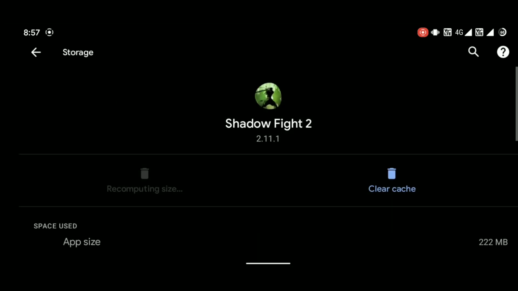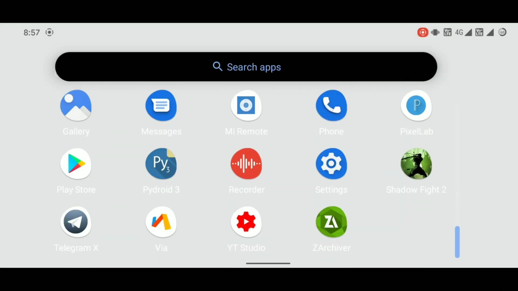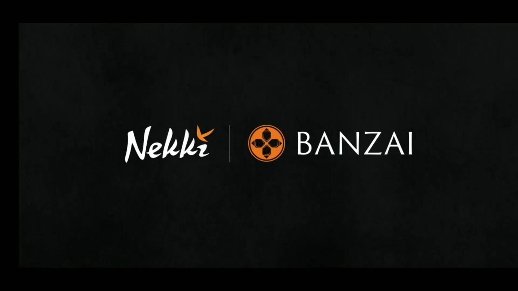And then I will click on the clear storage option. In case clear storage is not available, it means that you have not started the app yet, and you just need to do a fresh installation of Shadow Fight 2 and launch it. Thereafter you have to open the Shadow Fight 2 application. Without any worries, make sure that the application starts successfully.